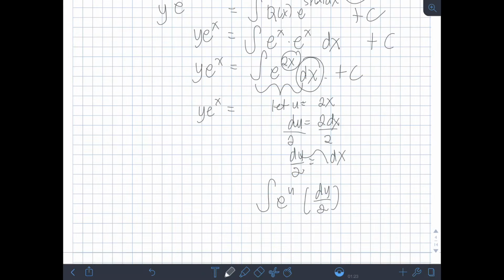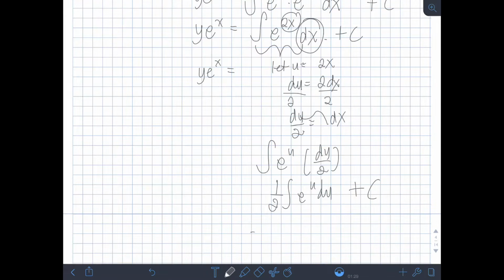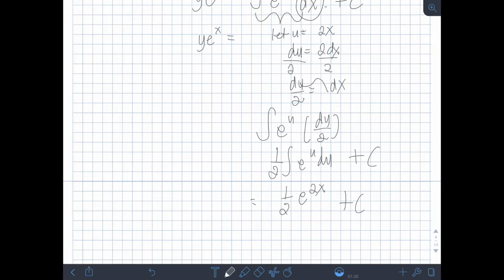So, ito. So, magkakaroon tayo ng 1/2. So, labas natin si 1/2, integral ng e^u du. So, integral ng e^u du is simply e^u. Tapos, balik natin sa x, yung u gagawin nating 2x. So, we have the final answer of y e raised to x is equal to 1/2 e raised to 2x